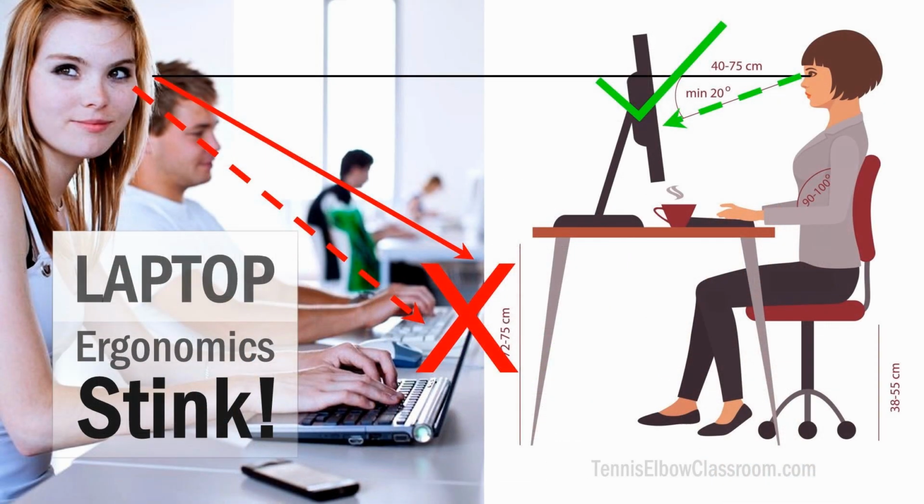Average-sized laptops also have a more compact keyboard, but you should never use the keyboard on a laptop except for brief periods when you're on the go. If you use a laptop as your main computer at home or your office, plug an external keyboard and mouse into it, and raise it up on something to bring the top of the screen to your eye level, whether it's just a stack of books or a special laptop holder stand,